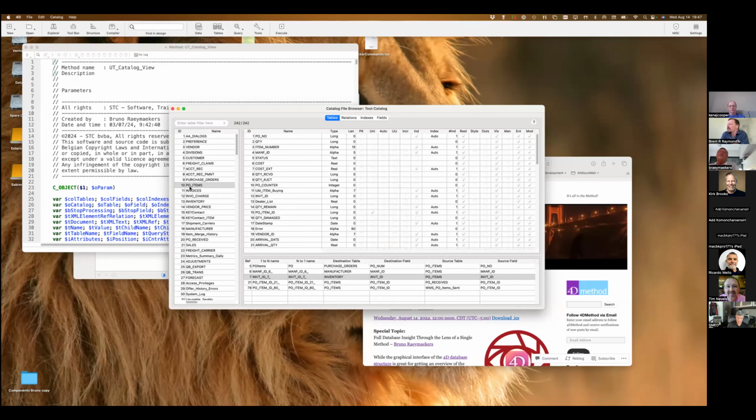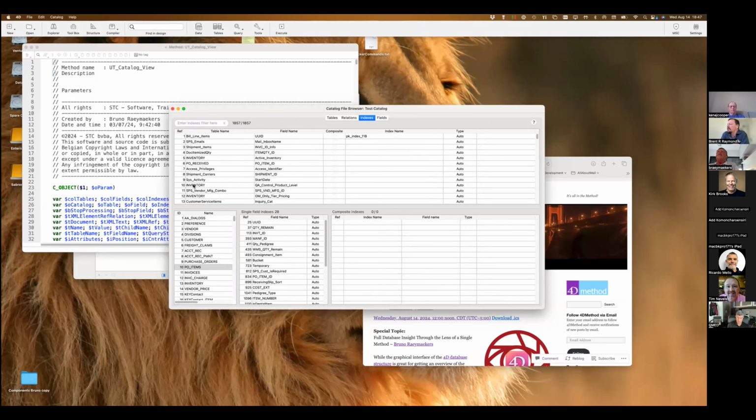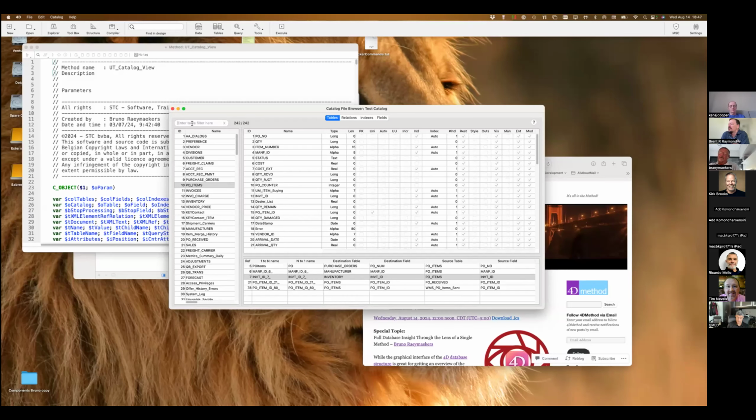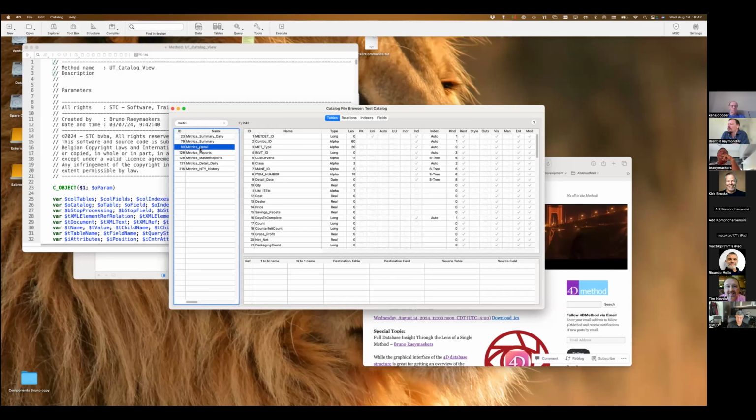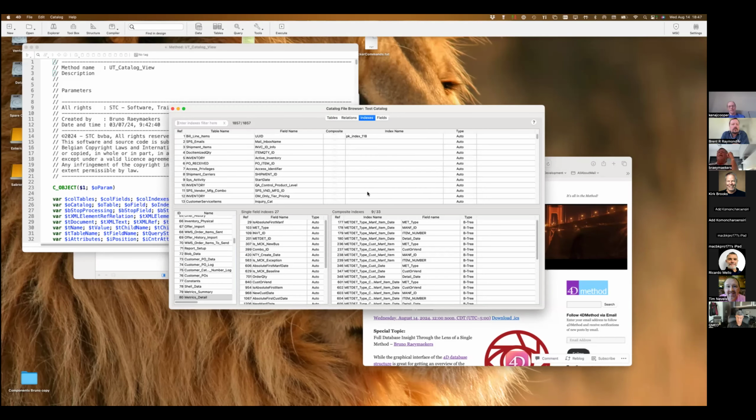And going back to the tables, if you double click on a table, you get all the index information. Now let me filter here. And get a table that has interesting index information, like this one. So what does this tell you?